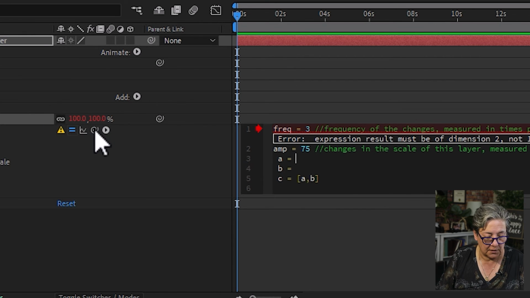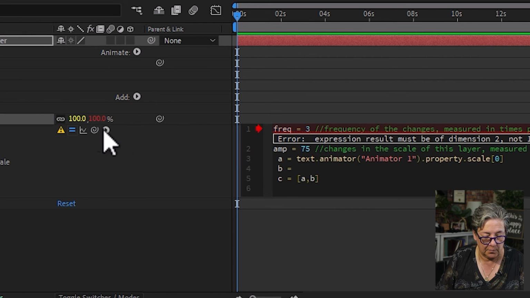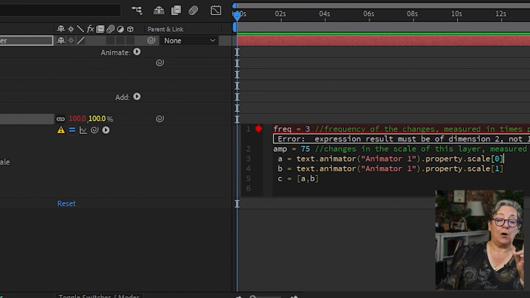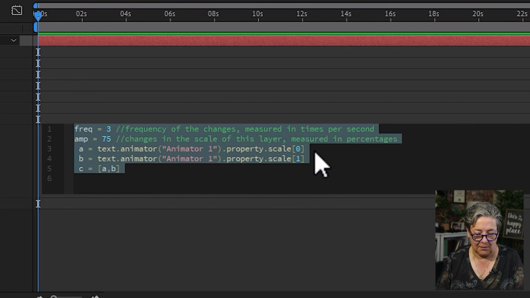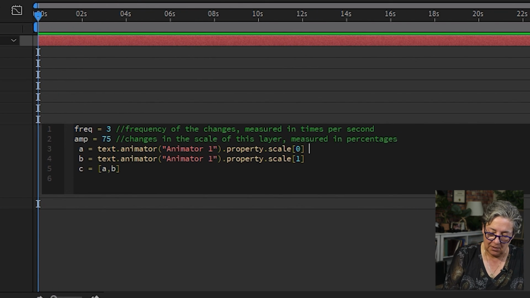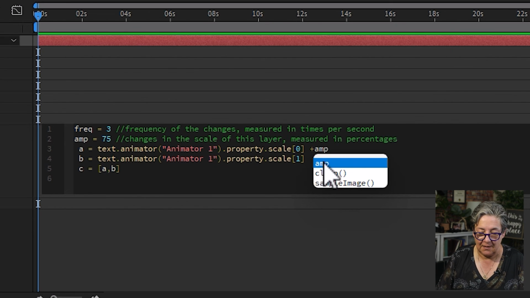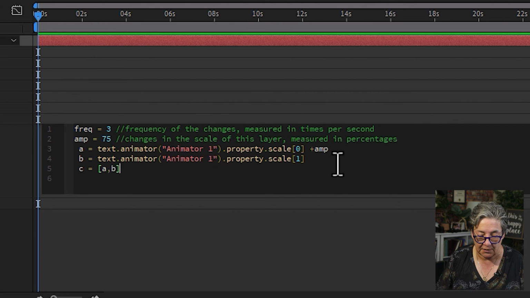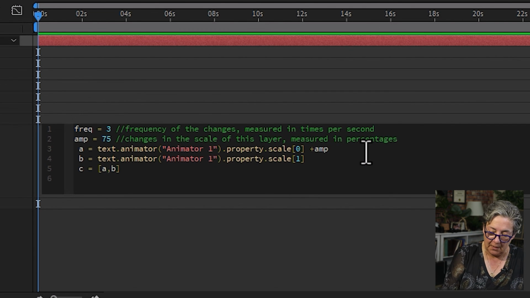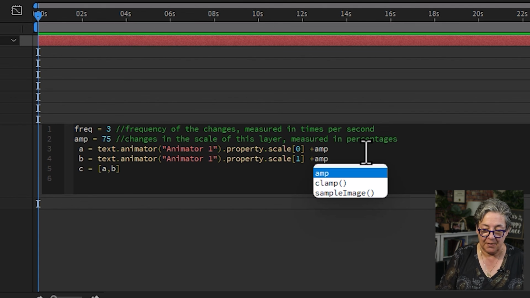So A is going to look at itself, B is going to look at itself, and now we're going to add some things. So here at the end, plus amp, all right? And on the second line, also plus amp. So plus amp, all right? Times